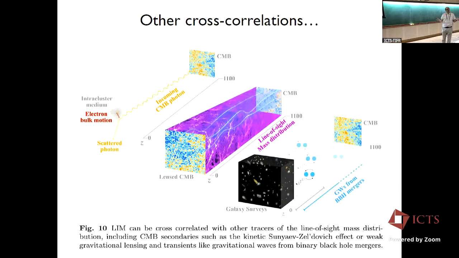And once you start cross-correlating two things together, you can run wild with other things that you can cross-correlate with your signal. So if the intensity mapping is tracing the density, then so do other things. So there's the kinetic Sunyaev-Zeldovich effect, where CMB photons scatter off moving ionized clusters, and maybe there's a cross-correlation there. There's lensing, and so there's a cross-correlation there. There's, well, everyone likes to do gravitational waves at the moment, and so wherever there are galaxies, there'll be merging black holes, and so maybe there are cross-correlations there too. You know, why not try it if you've got the data set? Okay, so